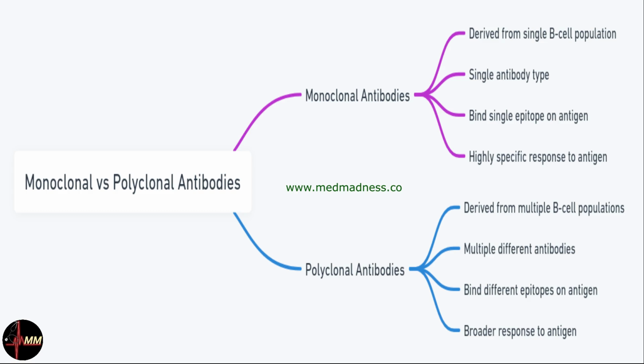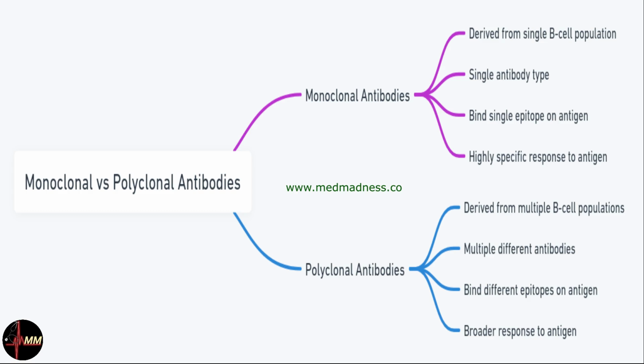During a research internship, you are assigned to work on an assay that detects the presence of a specific protein marker in serum samples using antibodies. Your mentor asks you to choose between using monoclonal or polyclonal antibodies for the assay. Considering the need for high specificity and consistency across multiple tests, which type of antibody would be more appropriate and